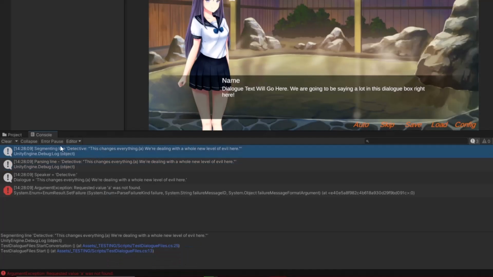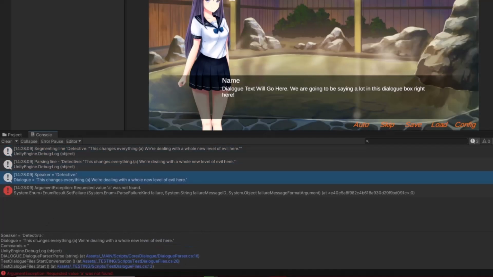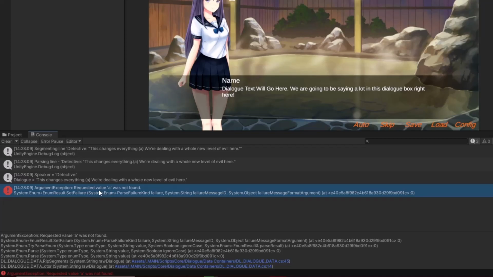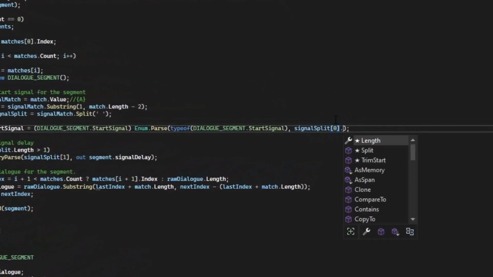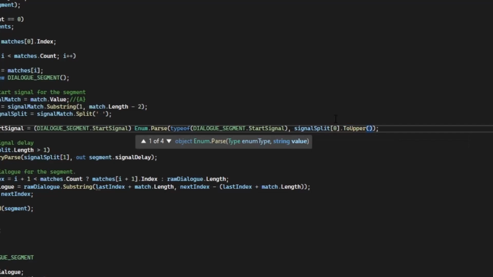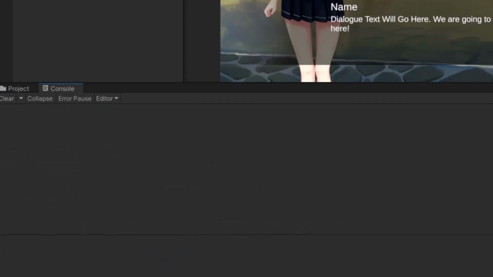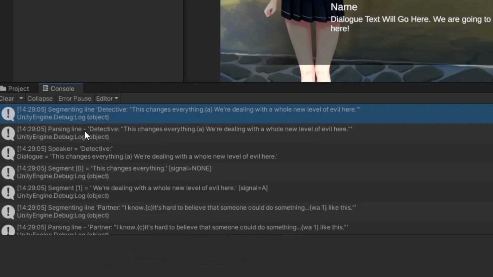Okay, so we see that it splits and we get the speaker as a detective and this whole thing is our dialogue, but then when it tries to find the different segments, it's saying that requested value A was not found. Perhaps because we're looking for the signal and we're trying to match it to an uppercase when I defined lowercase. So what I could do instead is when I'm trying to find it, I'll simply say .toUpper and convert it to uppercase no matter what it is. And there we go, we have a nice list of 39 items, which means it worked, we don't have errors,